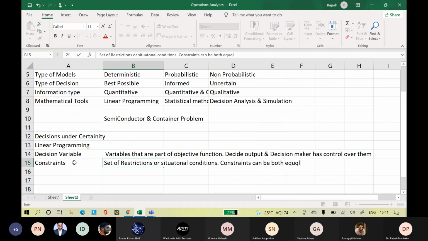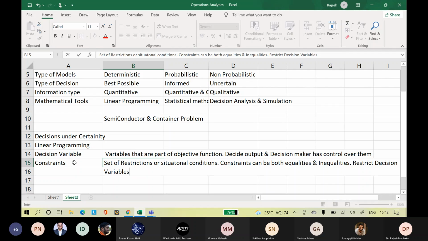Constraints will be both equalities and inequalities. And constraints restrict the decision variables. That is one more thing you need to understand in constraints. Constraints will have an effect on the decision variables.